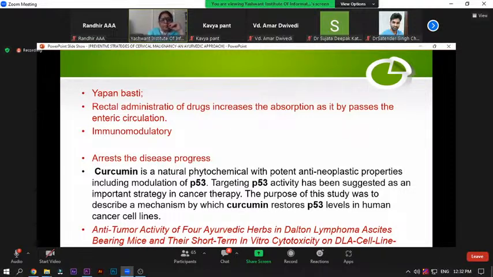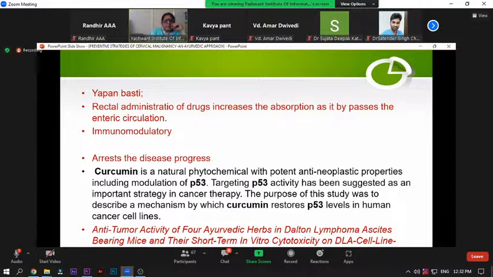Another important factor in the Nisha Amalaki that we give is curcumin, a natural phytochemical with potent anti-neoplastic property, including modulation of P53. P53 is a potential component, and targeting P53 has been suggested as an important strategy. It has a potential immunomodulatory effect and anti-cancer effectivity. The P53 gene is activated with the administration of curcumin. The purpose of this study was to describe a mechanism by which curcumin restores P53 levels in human cancer cell lines. The study has been conducted by